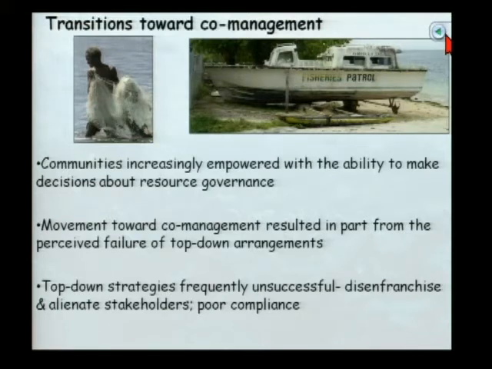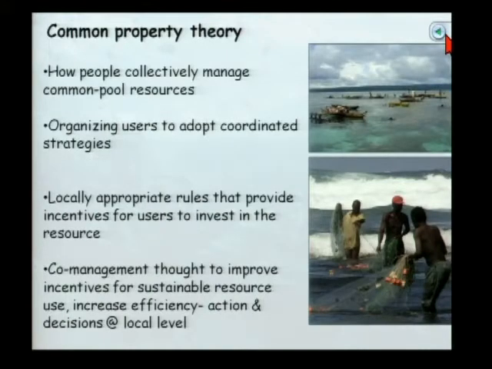A number of studies have found that top-down governance arrangements, such as national marine parks, have frequently proven unsuccessful, particularly in developing countries, because they disenfranchise and alienate key stakeholders, resulting in poor compliance and what we refer to as paper parks. So for decades, common property scholars have studied how people can collectively manage what we call common pool